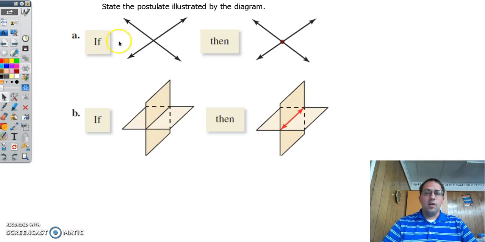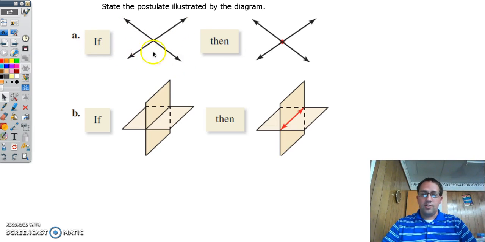So let's take a look at these. We have these pictures here. I want you to state the postulate that is illustrated by the diagram. So I'd like you to pause the video, and you can look back if you need to see what those postulates were and see which of these is which. Alright, so